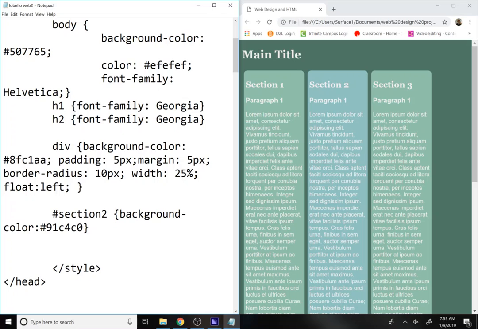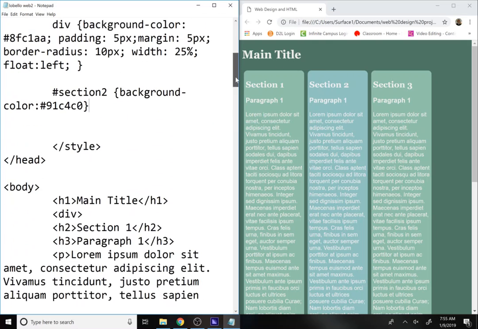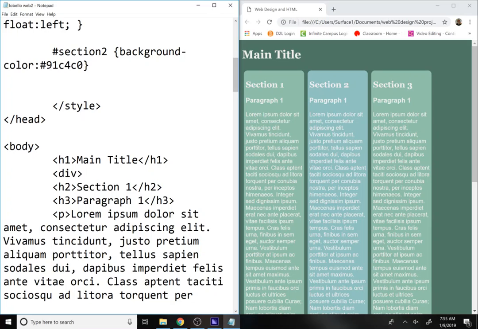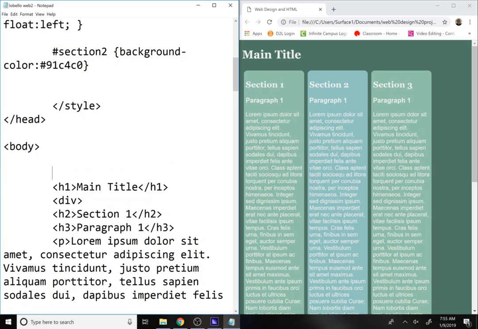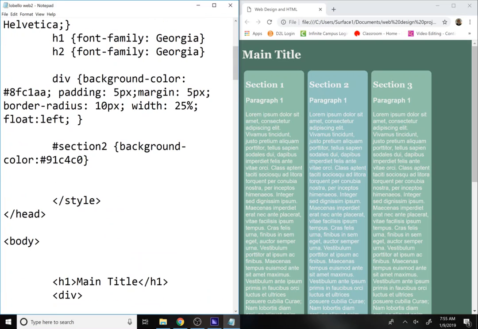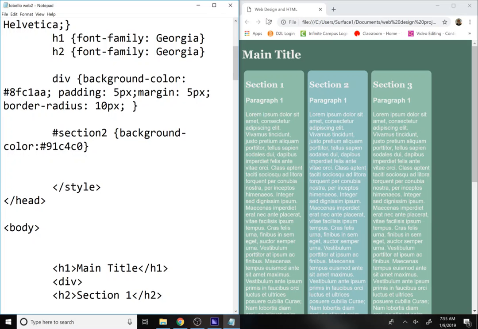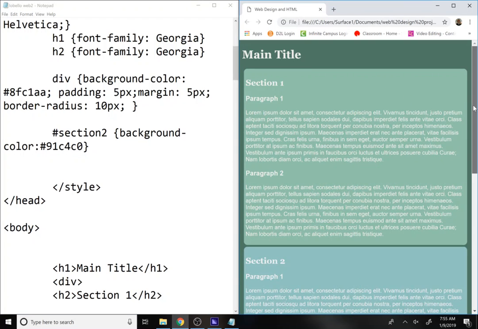But essentially, what we want to do now is we want to create a little navigation bar at the top. Navigation bars are eminently important, and the way that we normally do this is either by creating a list, an ordered list that will have like a vertical display, but in this case I want to have a horizontal display. But before I do anything, I want to go ahead and take away my float left and 25% width for my div. So go ahead and get rid of that in your style tag there,